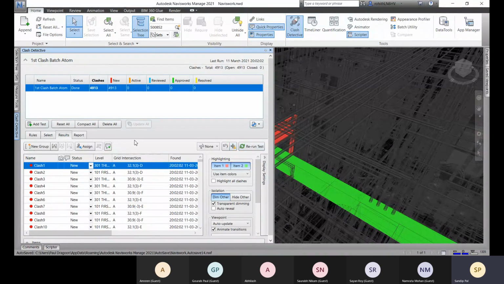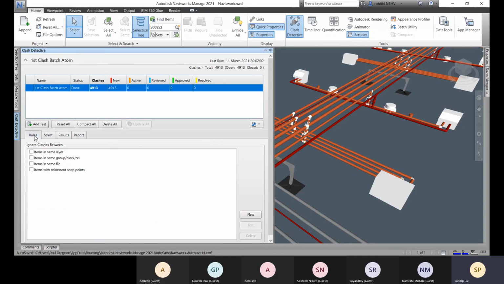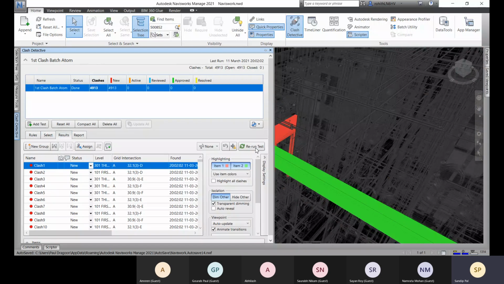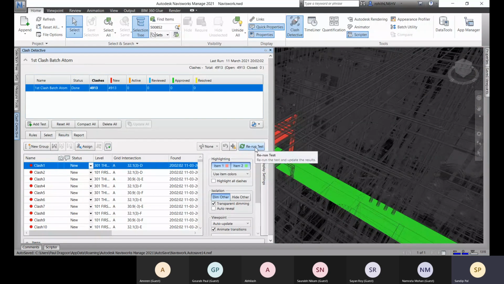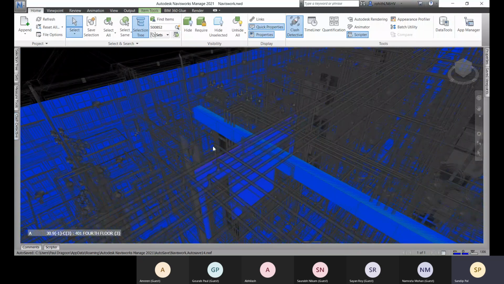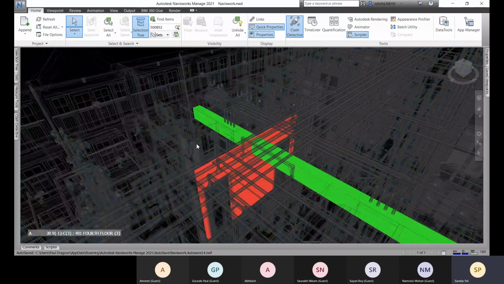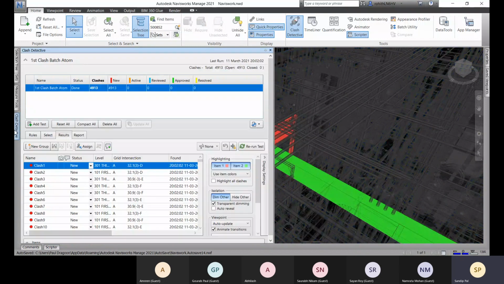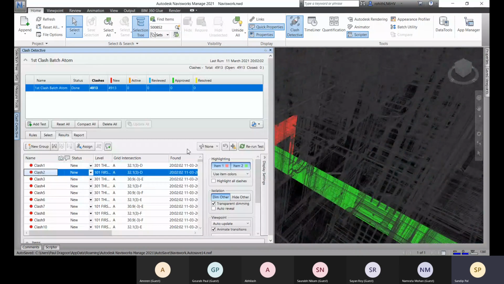And if you have changed any settings from this select tab, or changed any rules again, and you want that result, you have to rerun the list. Now let me go to this, and here you can see that these are your classes. This is the class in focus right now, and if you change it to class 2, you can see that this is class 2.